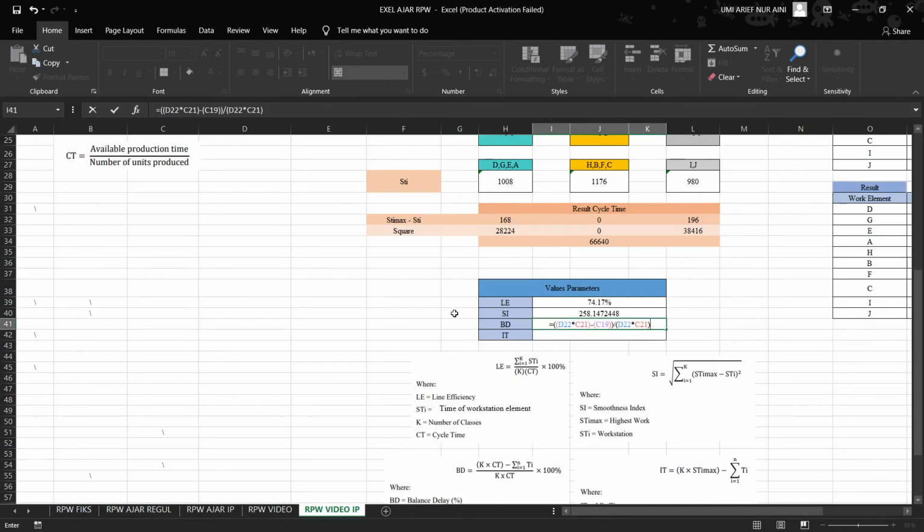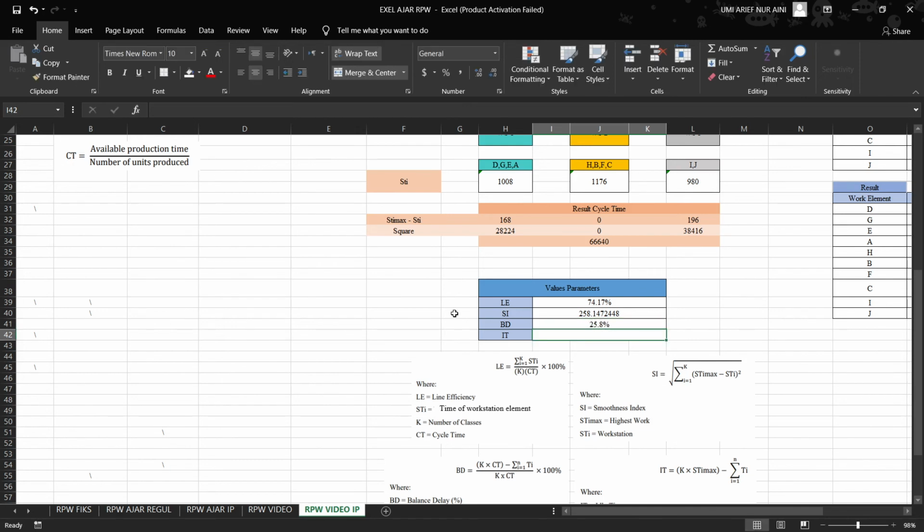Then close the bracket, and don't forget to multiply by 100%. And then you can get the result of the BD, or balance delay, which is 25.8.